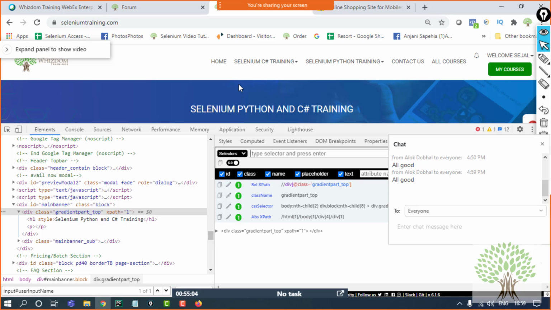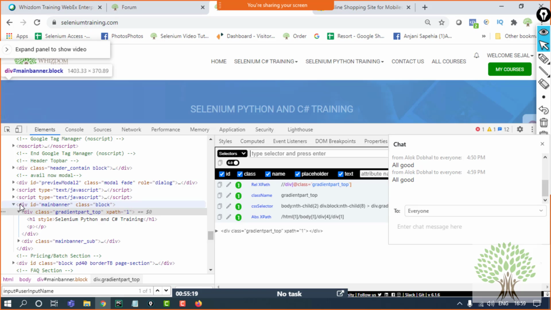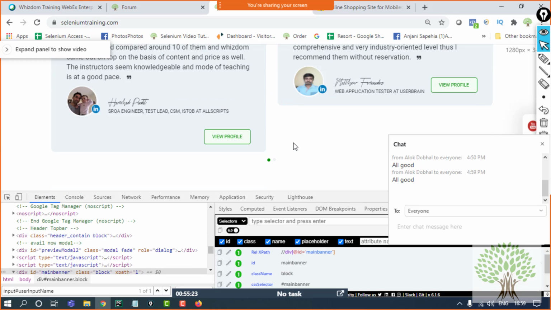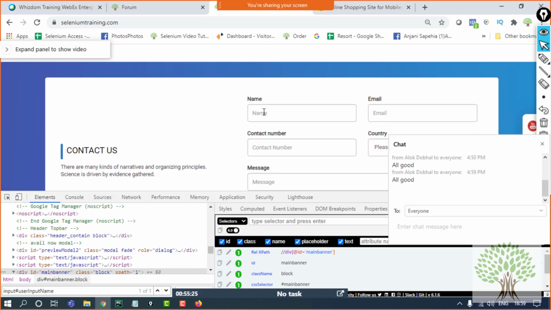Okay. So now we have seen just the elements which have the class and ID themselves. Suppose I want to look for an element for which I have to move further in the hierarchy. Let me take some other element, the form over here.